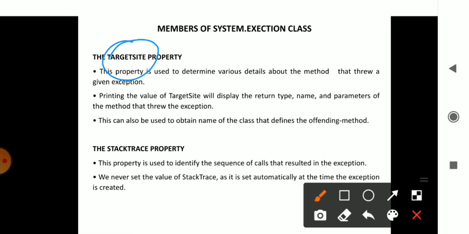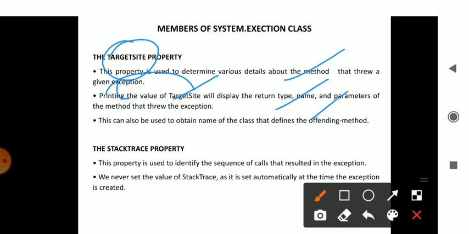So here you can check which method is generating the exception. The target site will even print the return type, the name, and the parameters of the method giving the exception.